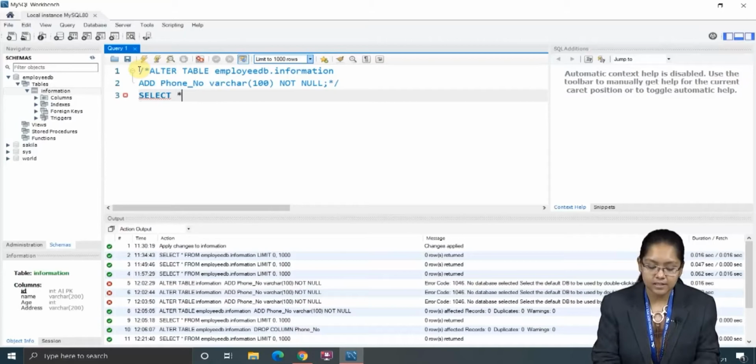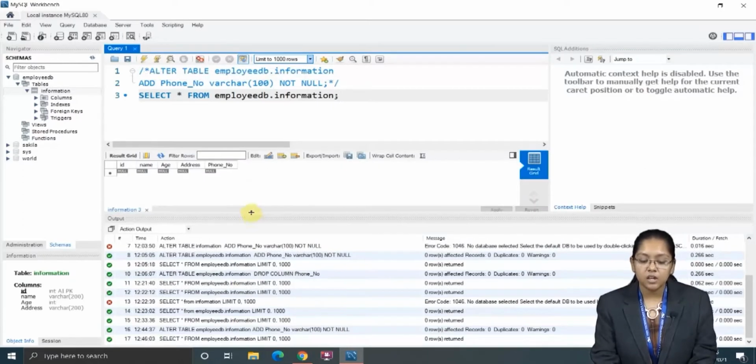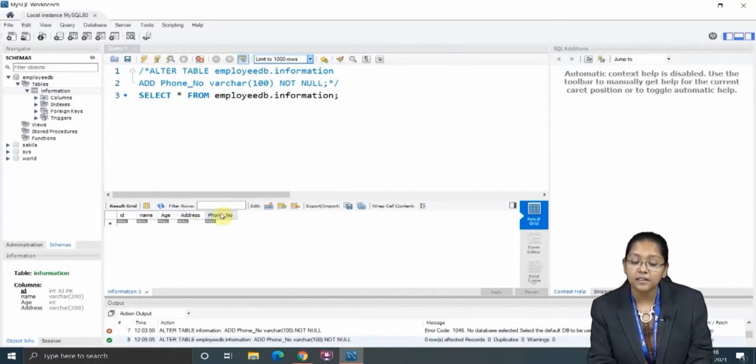Here select star from, what is the database name? EmployeeDB dot information, then semicolon. Now let's run this code and check. Now see, here you can see ID, name, age, address, and then phone number.